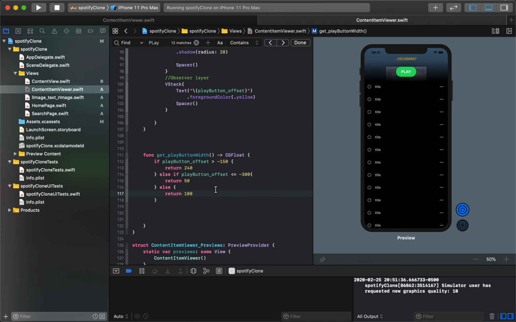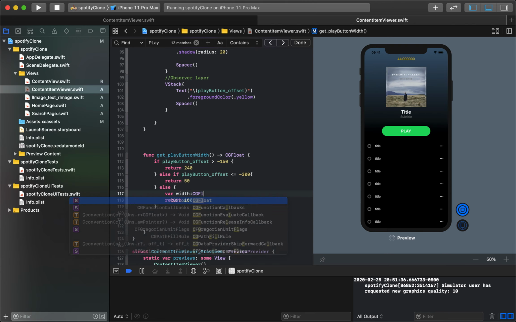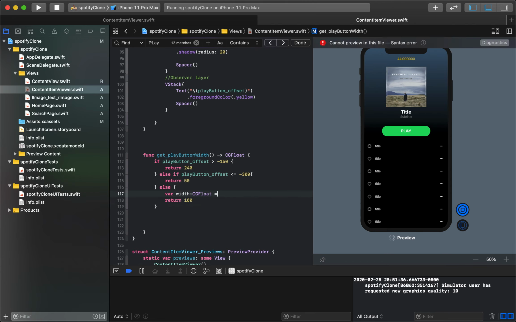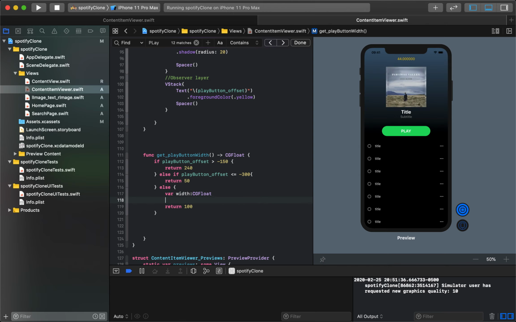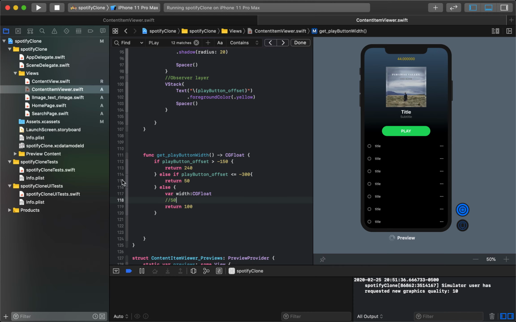So what we can do is we can say in this range, var width is going to, for now, be a CGFloat, and it's going to be equal to the following. Our width needs to be 50. So let's work out the math on our own. It's at least 50. And the rest of it, the difference between 50 and 240, is going to be 190. And so we'll do 190,